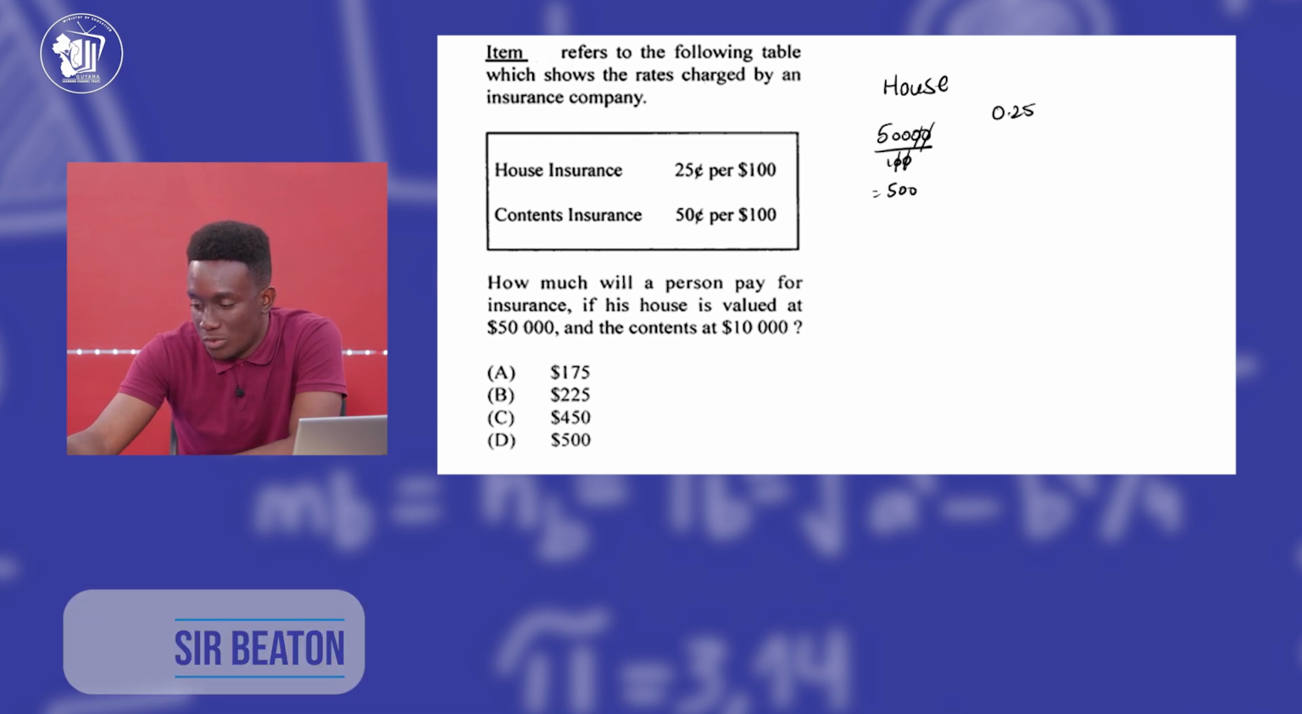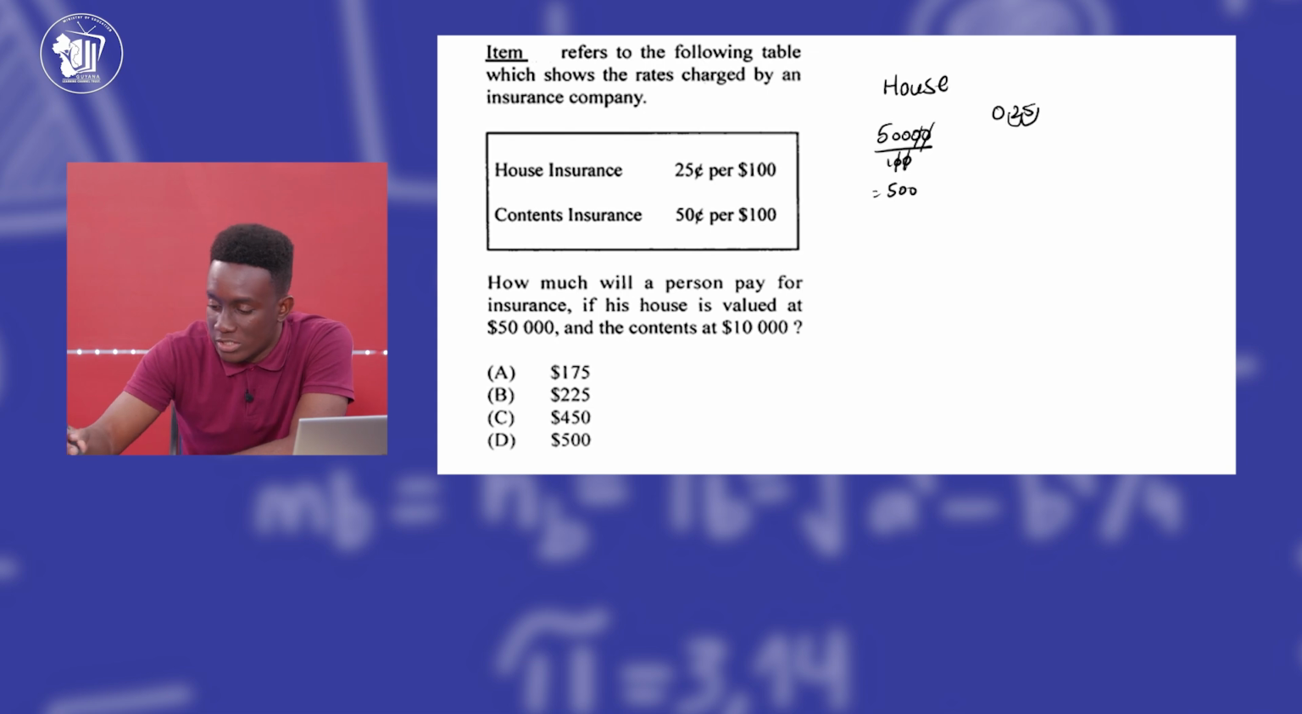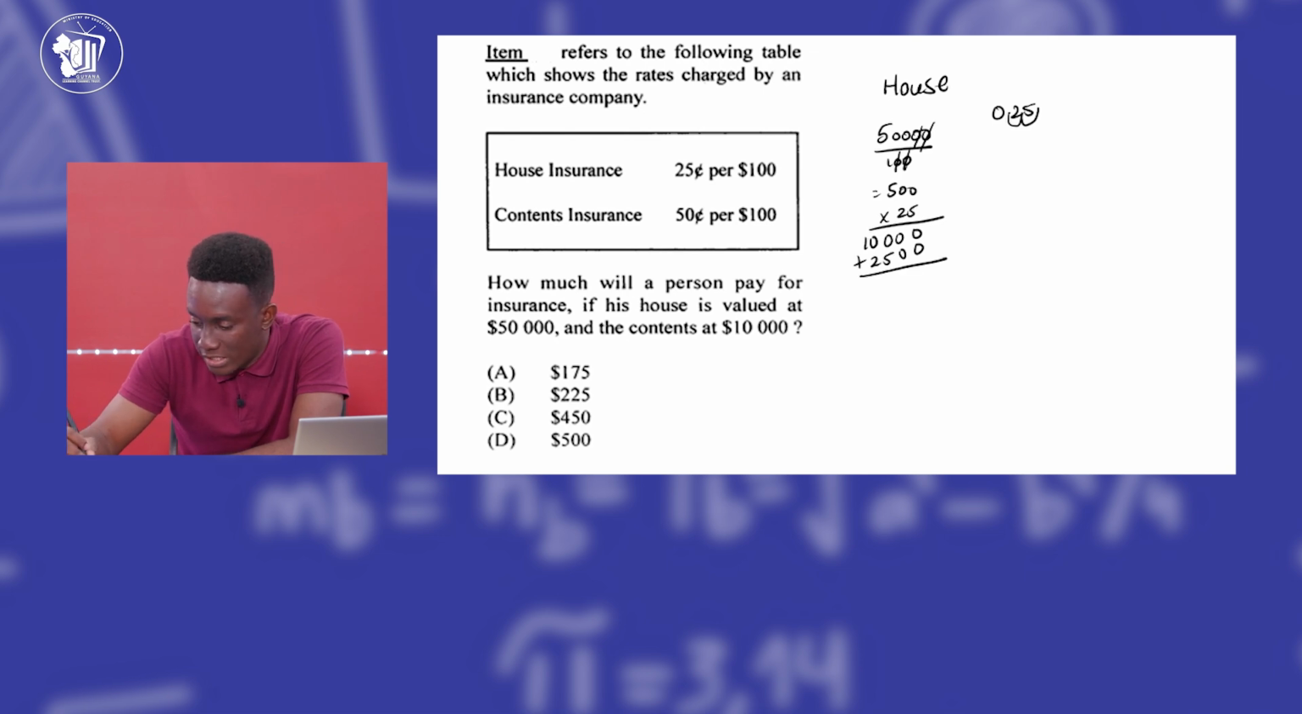Then we multiply this by, now 25 cents is the same as 0.25. So we jump the point out here. So this will be 500 multiplied by 25. So we put a 0 here. 2 times 0 is 0. 2 times 0 is 0. 2 times 5 is 10. So 5 times 0 is 0. 5 times 0 is 0. 5 times 5 would be 25. So we add this up, we'll get